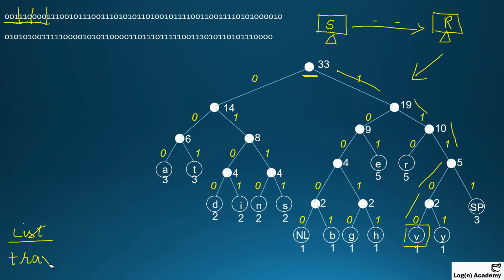We will store the character here, and again we will mark the numbers that we have traversed, and then we will start from the next number. Then we have 1 0 1. Then we have 1, sorry, this is not 1. So we have 1 0 and 1. Now we got the character which is E. So we have E, and then we will remove these, and we will mark that we have traversed these three